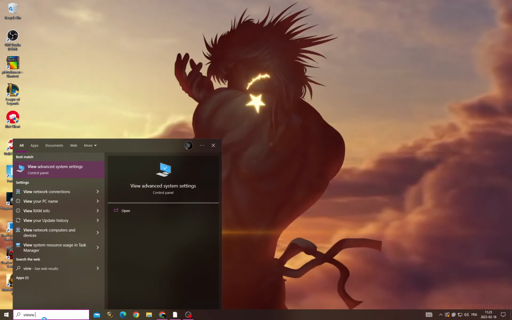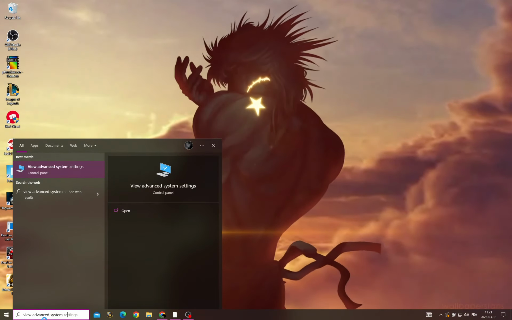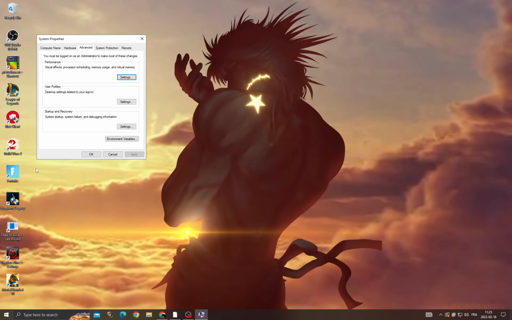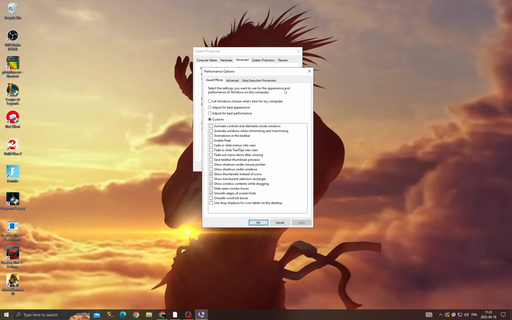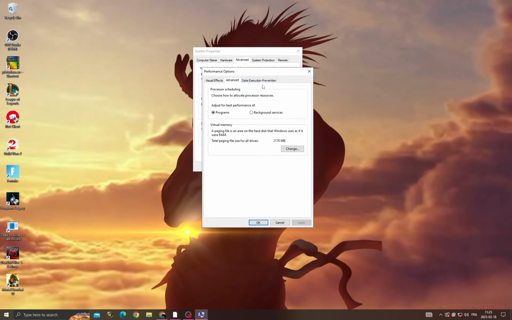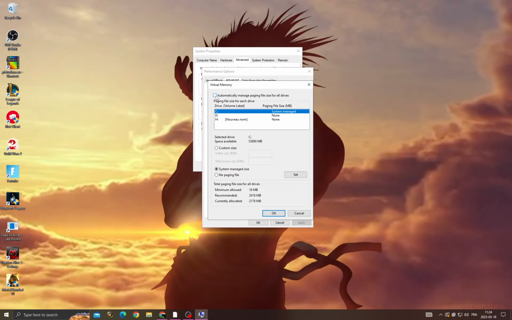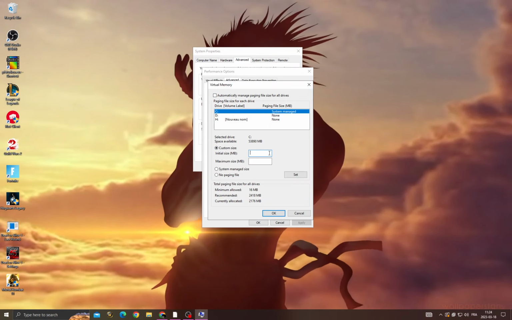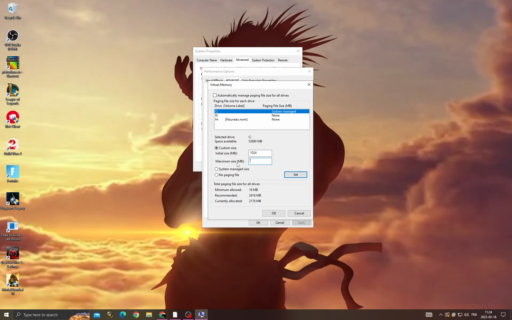Type here view advanced system settings, and after that once you're here, click settings and then click advanced, change. Now turn off this option and go to custom size and type here 1024, and here